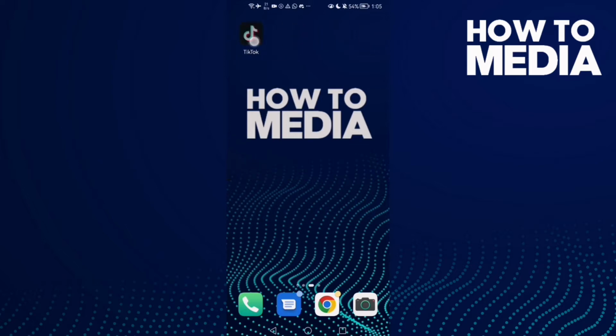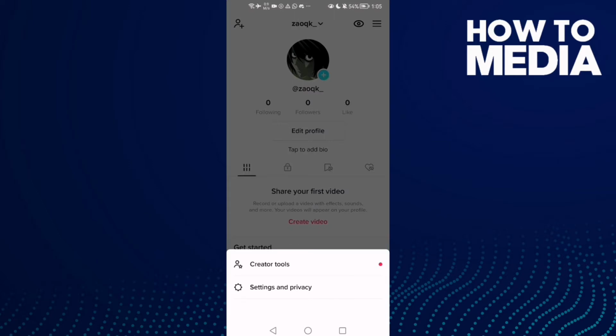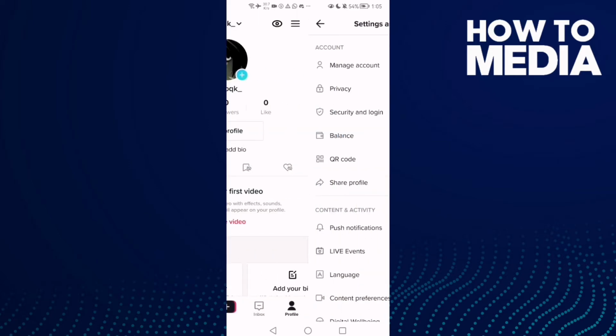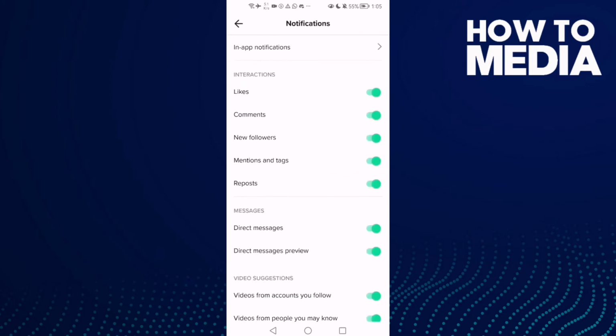First, open TikTok and then click profile, and here in the top corner you will find three lines. Click on it and then click settings and privacy and scroll down. Here you will find push notifications. Click on it